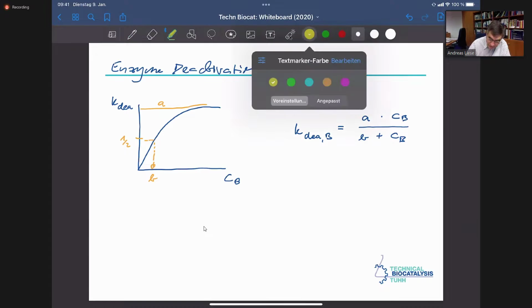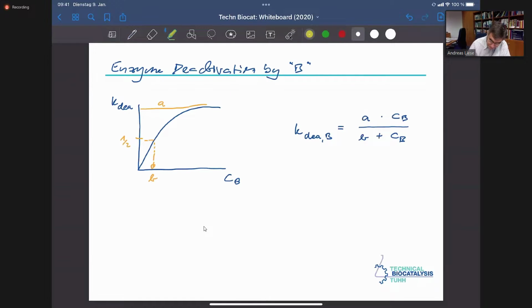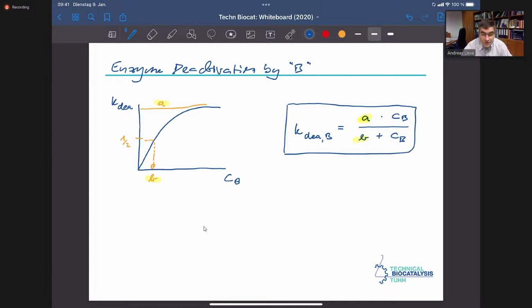And this A, what we see here, is this A, and this B is this B. So now we have generated a mathematical description of a deactivation constant that is depending on the concentration of the second substrate B. And in consequence, we can also formulate, once again, a rate law that we have that the